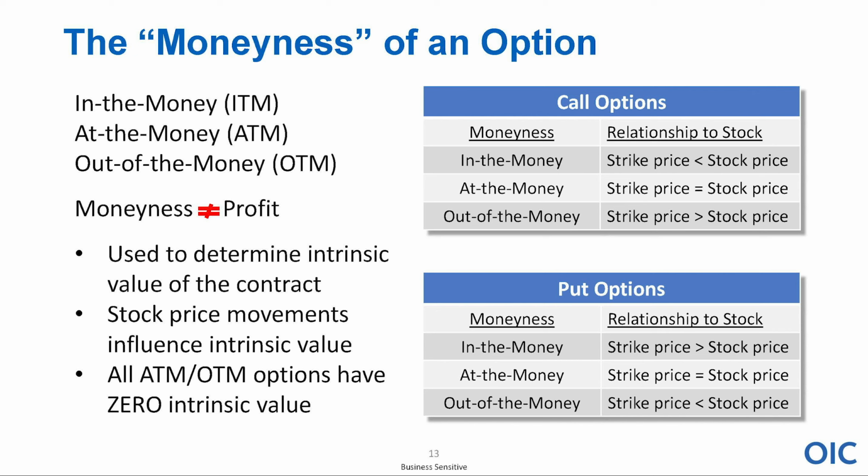But still, the idea here is that out of the money options and at the money options at expiration Friday will expire worthless. So if this stock is trading at 79 on expiration Friday, the 85 call is worthless, and the 80 call is worthless as well. Because if someone owned the 80 call and they say, well, I like the stock, I'd like to buy the stock, why would they exercise their option and pay $80 per share if they can go buy the stock at $79 per share? That doesn't make sense, does it?